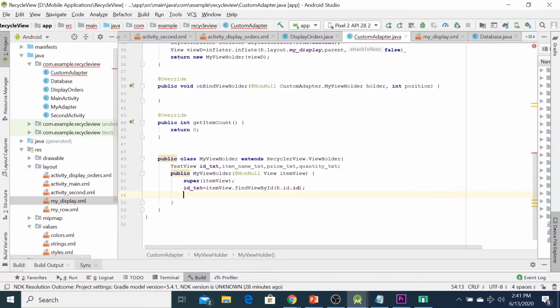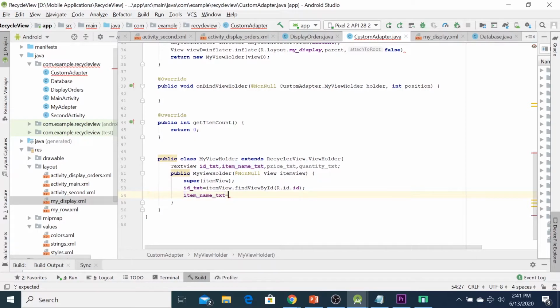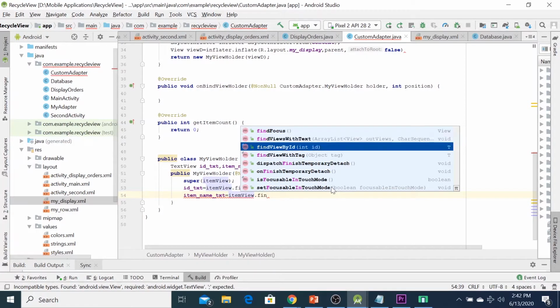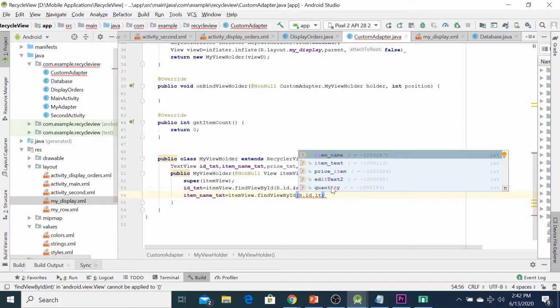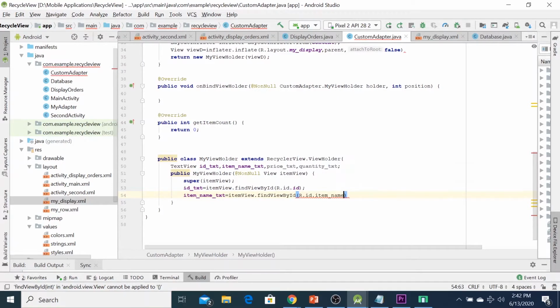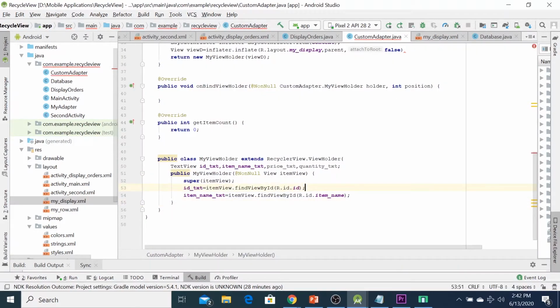Okay, next for item name, text equal to itemView.findViewById(R.id.item. Which one? Suppose this one, item name. If you are not sure, you can open my display again, this text view, which is the item name. Okay,